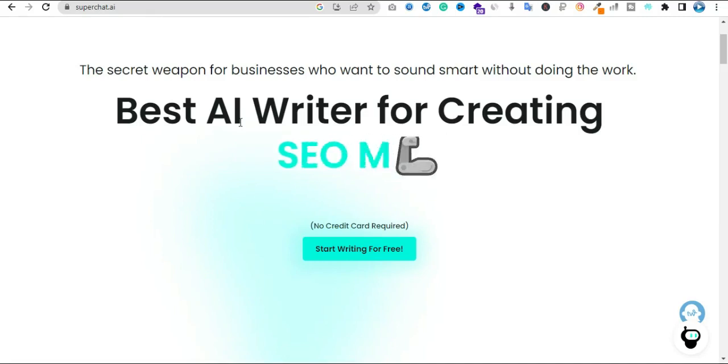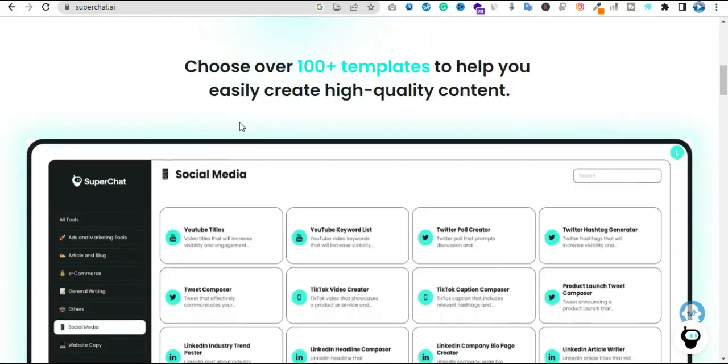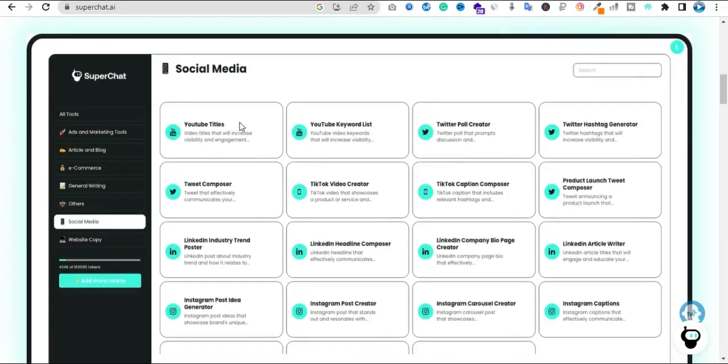All you have to do is enter your topic, keyword and other relevant information, and Super Chat will do the rest. This super versatile AI will cover you when it comes to blog posts, social media updates, product descriptions, or anything else you can think of.